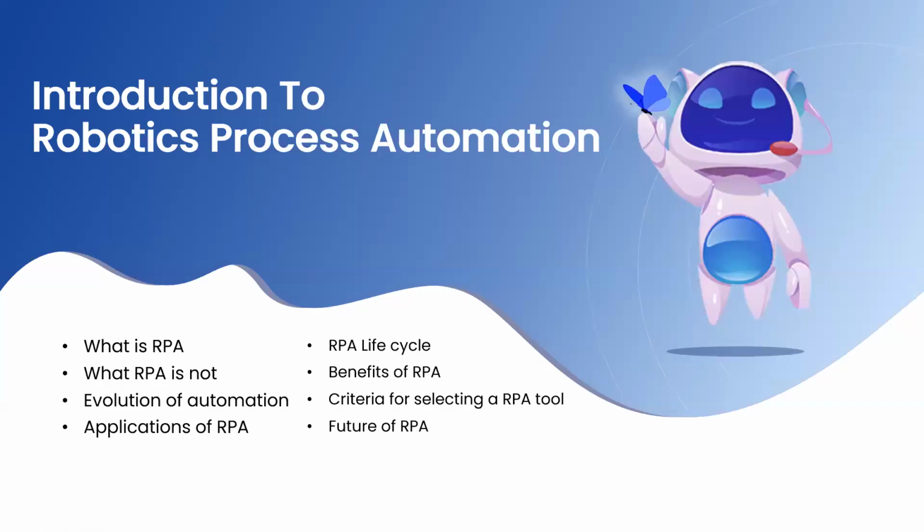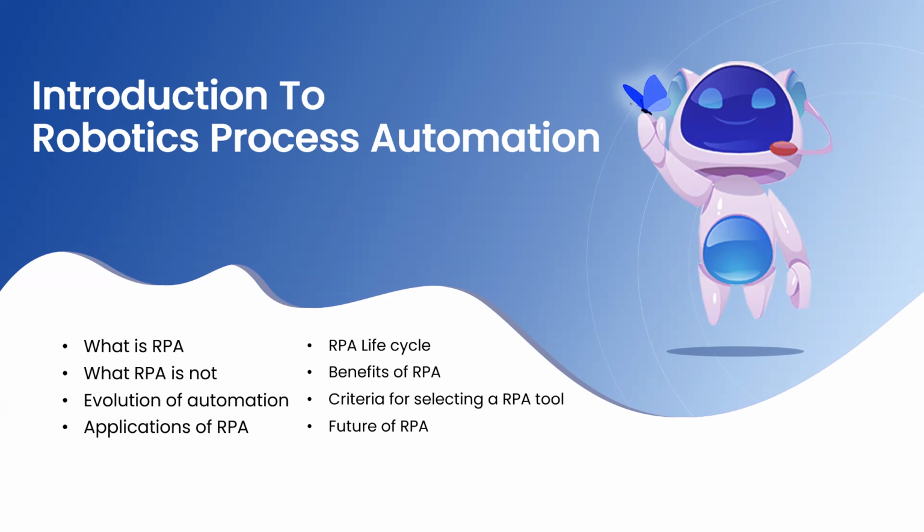So this is our first module, the first chapter, which is about robotic process automation. Before jumping into UiPath or any tool, first you need to understand what you're going to learn. You're going to learn what RPA stands for, what RPA is and what is not RPA, and how RPA came into the picture, from scripting till now. We are in the IPA domain actually. So how we reached here, then we'll see the applications of RPA,